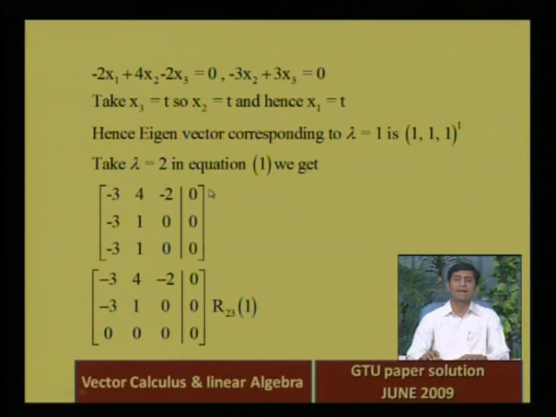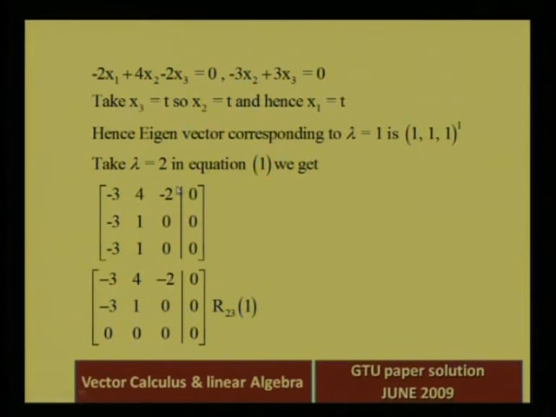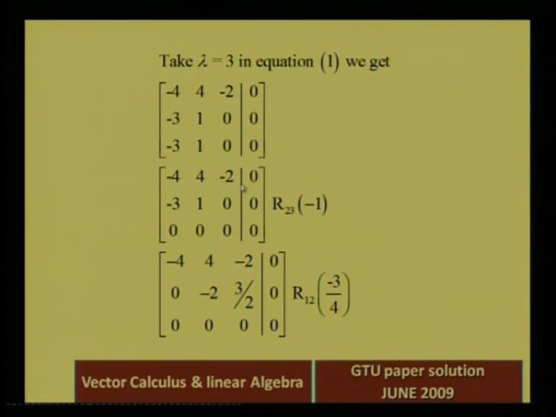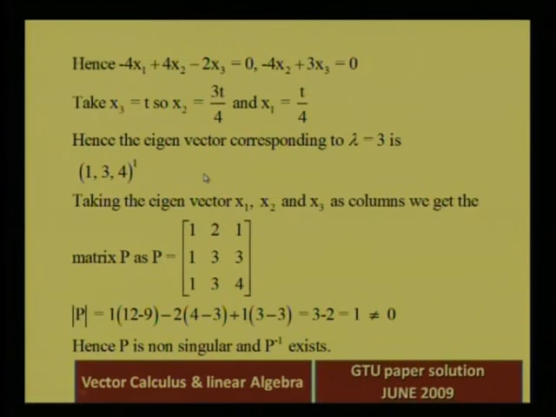Now similarly we can find the eigenvector corresponding to lambda equal to 2. With a similar method, that is (2, 3, 3), and corresponding to lambda equal to 3 we can also find the eigenvector, that is (1, 3, 4). So all these three eigenvectors we have to write down as columns, and that is exactly our matrix P. So you can see this is 1, 1, 1, the first